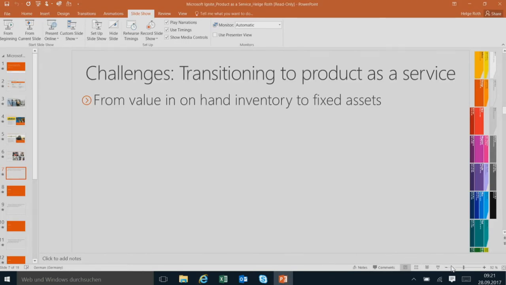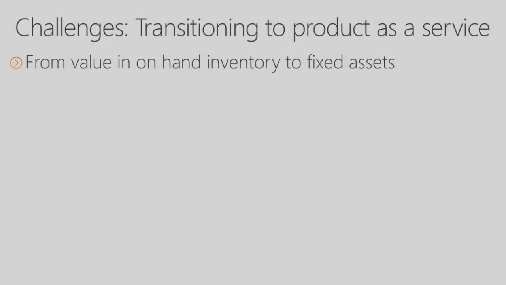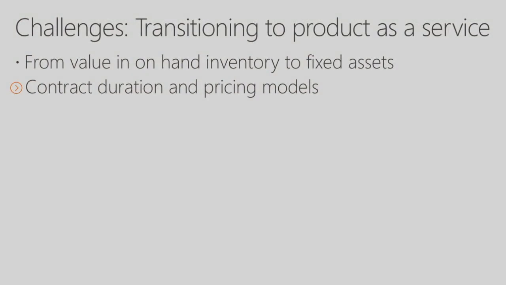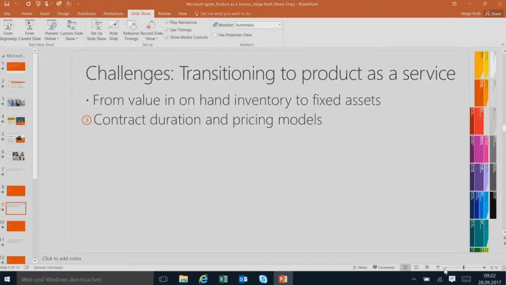So let's get back to the next challenge that you might face: contract duration and pricing models. Within, again, a standard ERP system, you have for sure the possibility to simply say, I sell something, and then you have the delivery date. But this does not mean that you can key in a duration of a contract. On the other hand, you have totally different pricing models. You do not pay just per each, per rate, per whatever. It's time related, it's utilization dependent. How is this handled in the system?